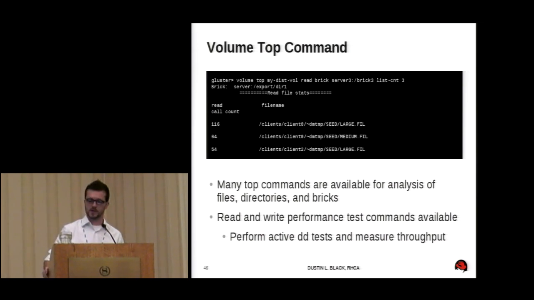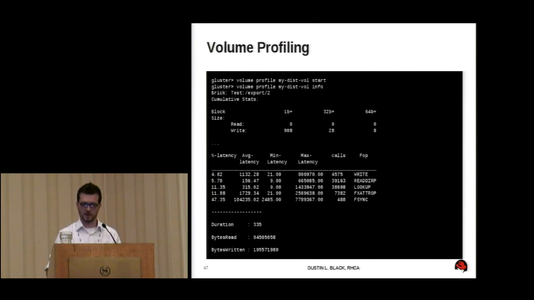So when you run this volume top command, you can see there that I showed read and brick. You can run that as read against directories or against files or write against those. There's a lot of extra options you can dig into there. There's also an interesting little performance tool that you can run that is part of the top command as well, but you need to be careful with these performance analysis tools because they actually do a DD process in the background, so these can impact your system performance when you run them, but they're very good for benchmarking performance.